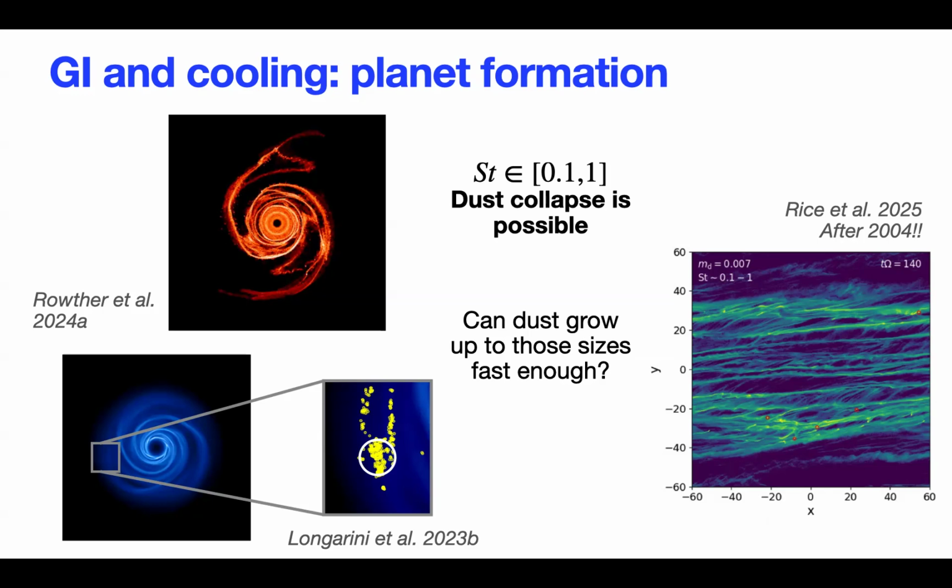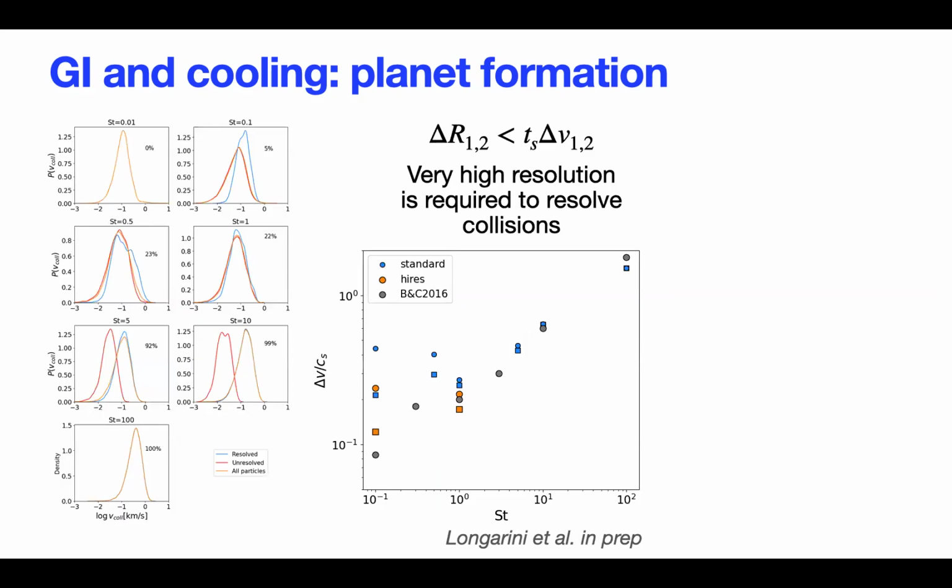And so the question is, can dust particles grow up to this size fast enough? When we want to understand this, we need to understand what the typical collision velocity between dust grains is. And we are trying to do that, but we are really limited by resolution. We really need high resolution in order to resolve a collision between two dust particles, because a collision is resolved when the distance between two particles is smaller than the typical